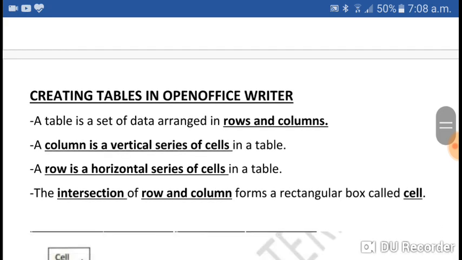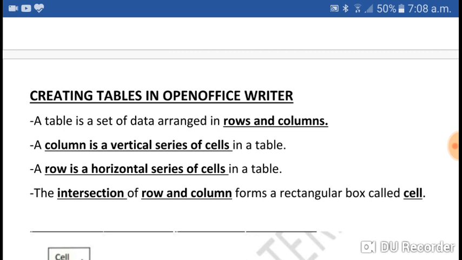Now let us discuss how to create a table in OpenOffice Writer. Very simple, and I think you all know how to create a table in OpenOffice Writer. Firstly, what is a table? A table is a tabular form of organization of data.